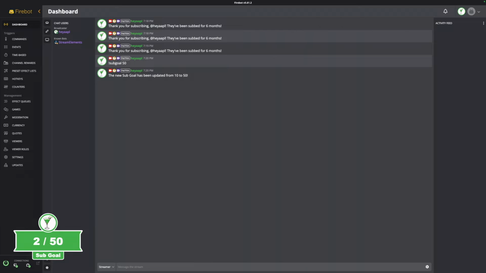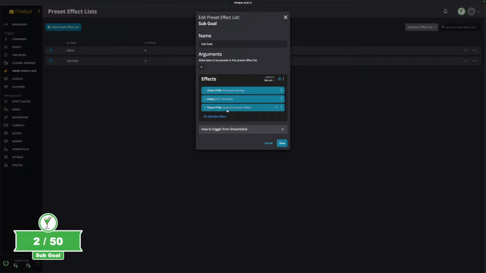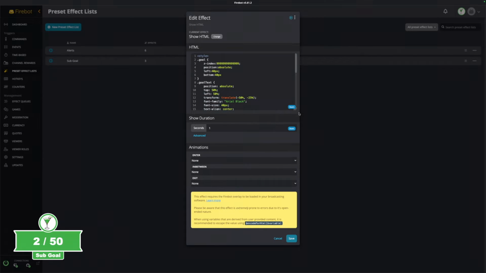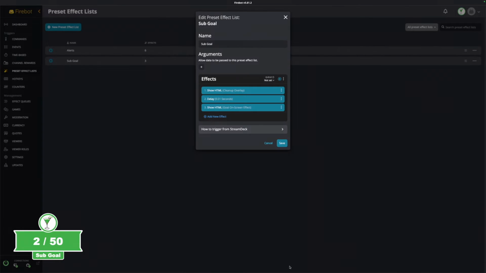Now, if you want to make changes, you're free to do that. If we go to our preset effect list here and update the sub goal, really what you're changing here is this show HTML effect. So if you want a different image, or if you want to put a video instead, you're free to do that and have it loop. If you want to change the text, you can go ahead and change this. So let's say we don't want a slash, we want a dash. Cool. We can hit that, hit save,